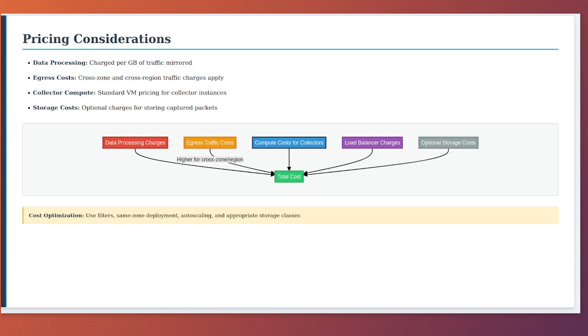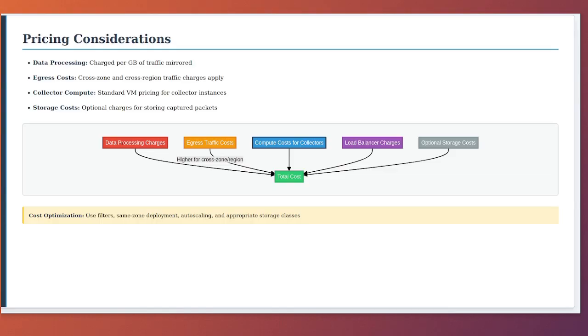The diagram shows all these cost components flowing together, illustrating that the total cost of packet mirroring is the sum of multiple charges. To optimize costs, you have several levers. First, use filters to reduce the volume of traffic being mirrored. If you can narrow mirroring to only relevant traffic through protocol, CIDR, or direction filters, you reduce data processing charges proportionally. Second,